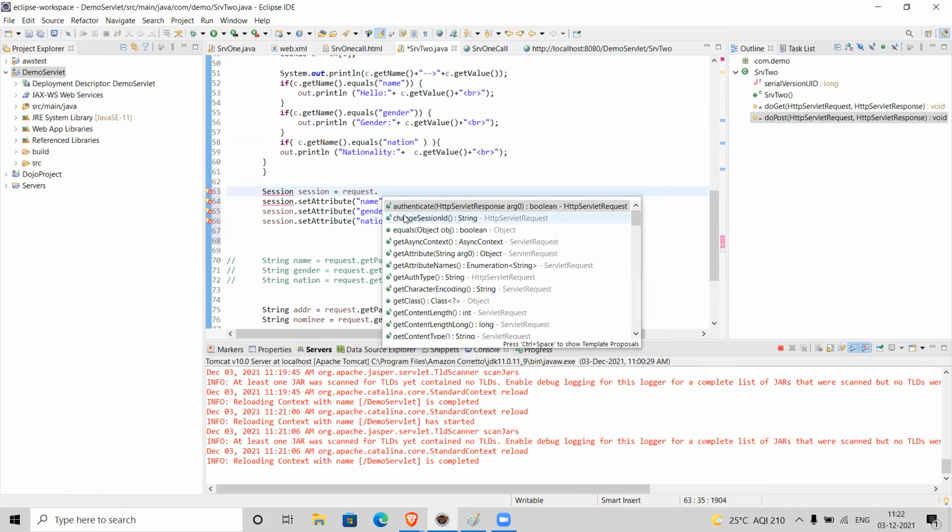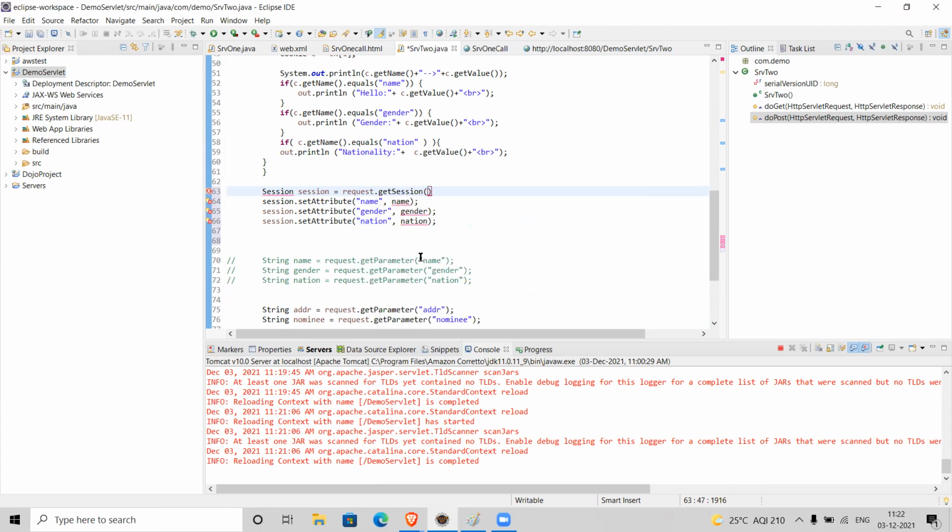Again, I'm using request.getSession. In this case, I'm not sending any information to the client.